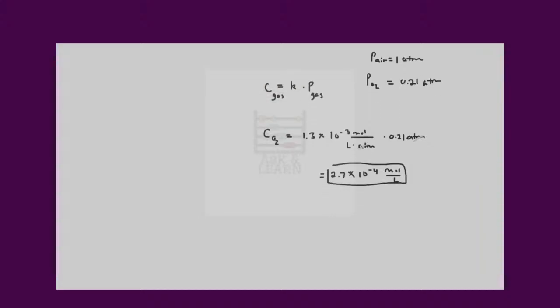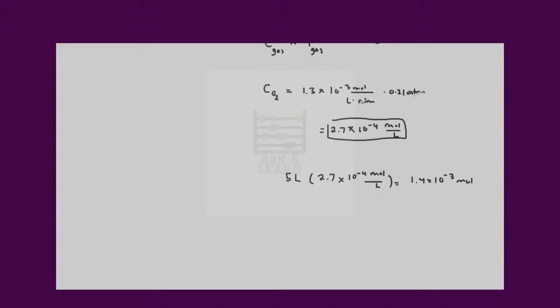So if we consider this is the concentration of the oxygen in our bloodstream, if we multiply by the total volume of our blood, we'll get the amount of oxygen that's available in our blood, which is 1.4 times 10 to the negative third moles. So it's a very, very small amount